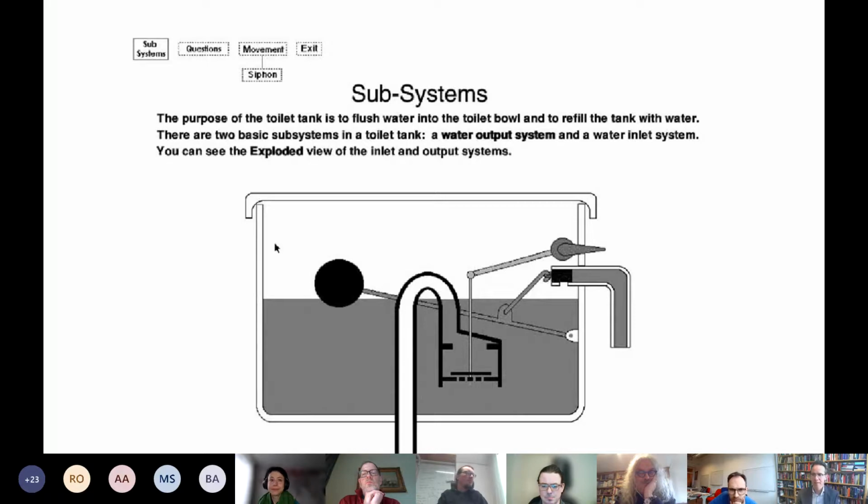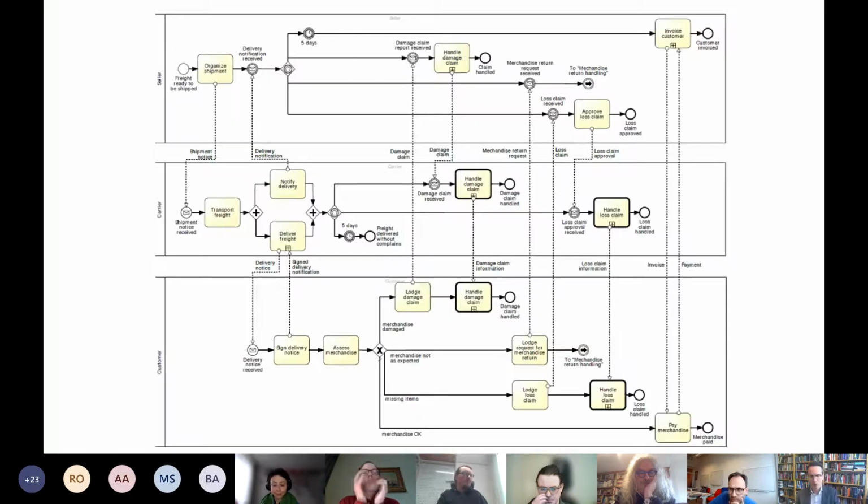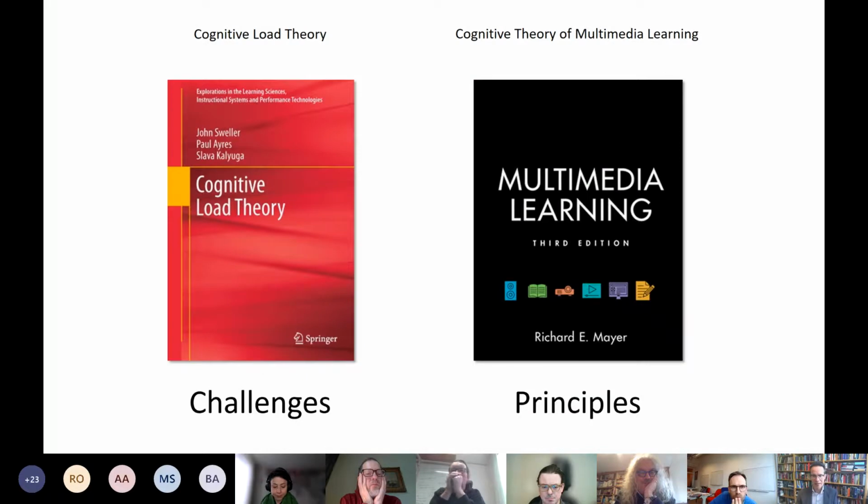So what we did is we thought of these complex process models. We know a lot about these process models, and then started investigating some theory. There are two important theories that we use to build a sort of foundation for the work we did. I'm showing you two of the books where we got a lot of our background knowledge from for this project. On the one hand, we used cognitive load theory to better understand